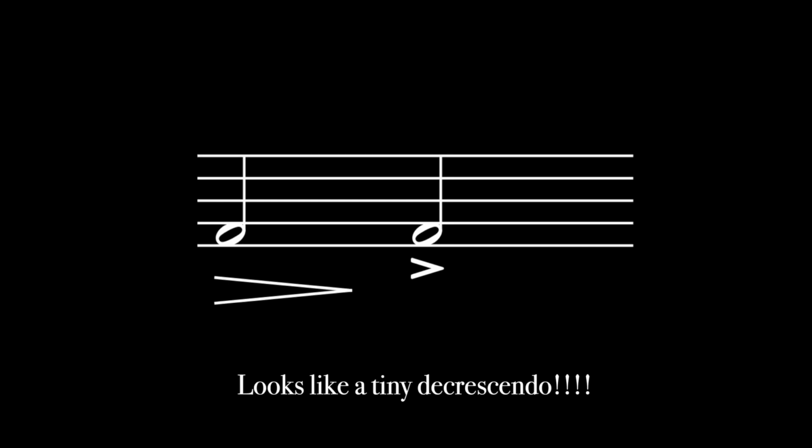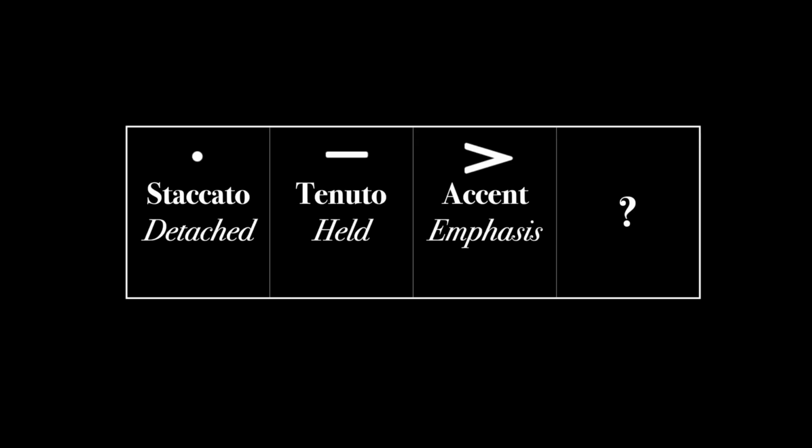We've talked about the release and duration, but what about the start of a note? If you're familiar with dynamics, you'll notice that the accent looks like a tiny decrescendo symbol. That's pretty much what an accent does. Our attack is crisp and loud, followed by a gradual decay to the base loudness. What if we want a sharper decay?